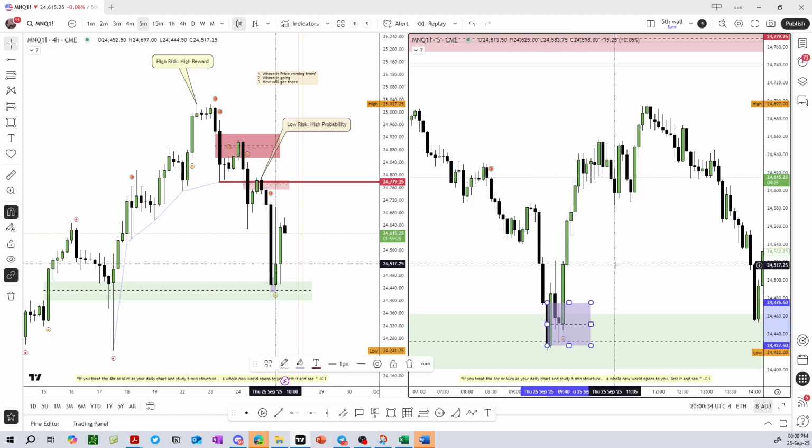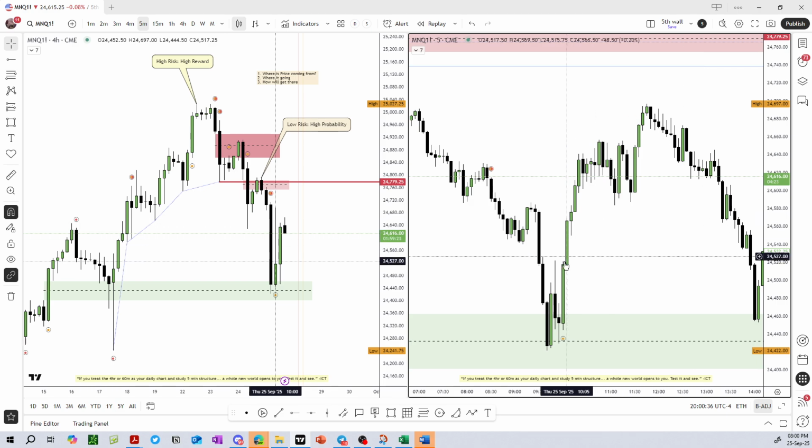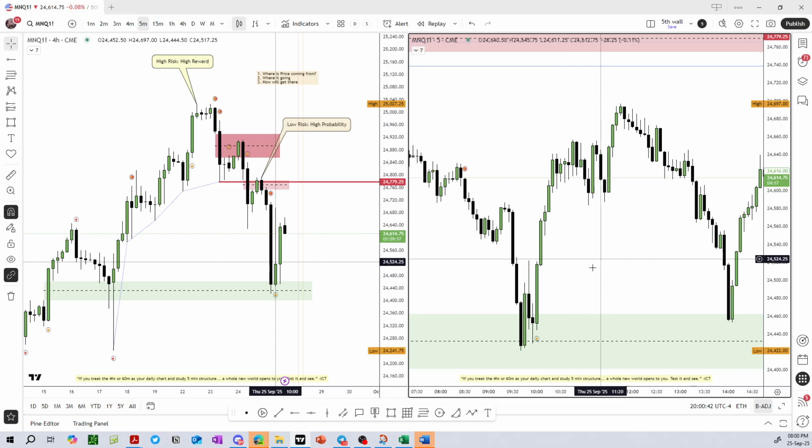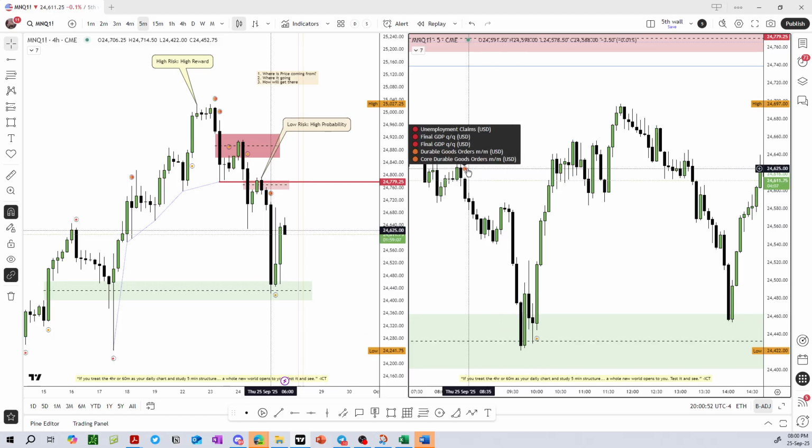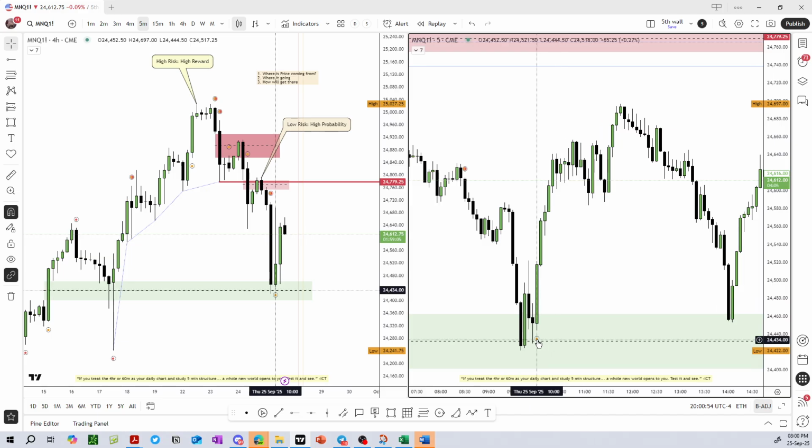Like order blocks, if you don't know about order blocks, you can just miss it. You can trade the breakout from this level, but you will still have to anticipate price may want to retrace, right? But we had news here as well. Existing home sales look like moderate news, not as robust as this here, but still had a news catalyst that